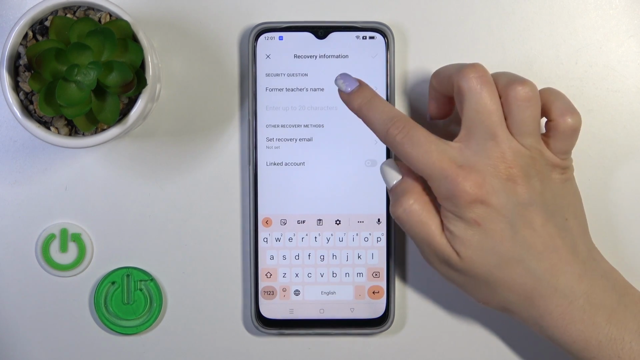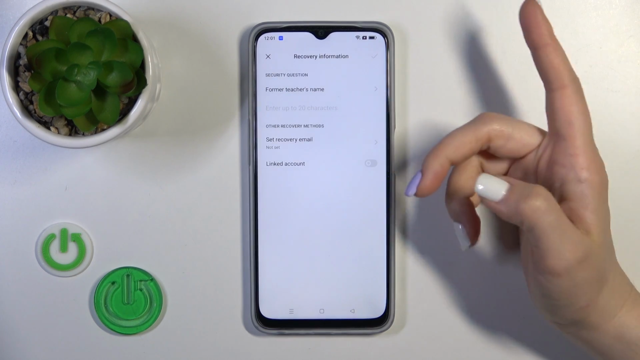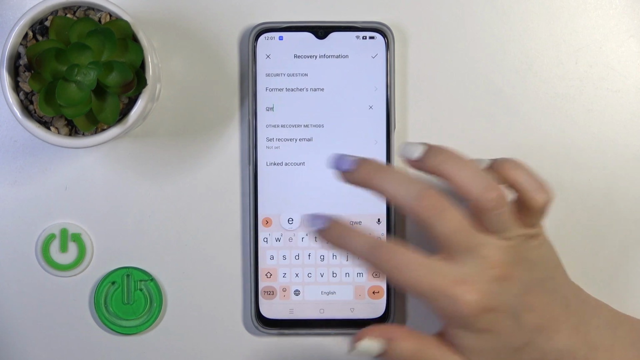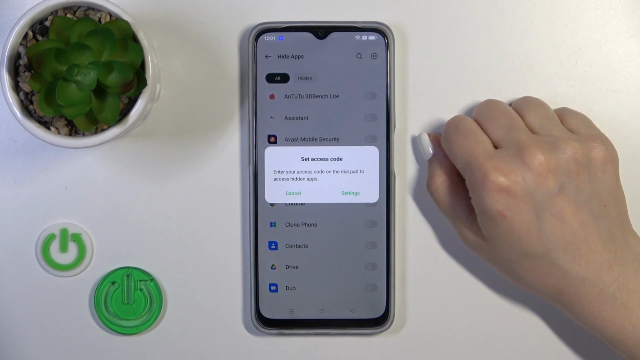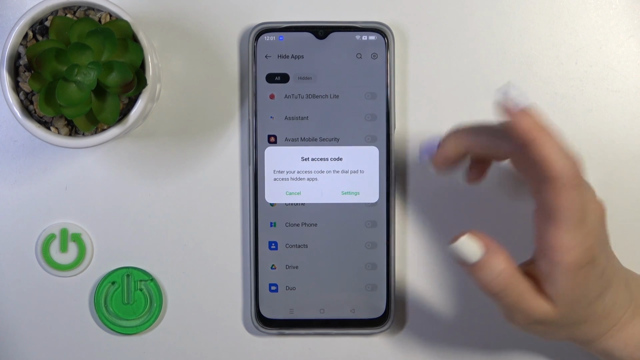So now we should add the security question answer. You could change it if you want. You could use your custom question. So for example, let's answer, tap to OK in the right upper corner, and now we should set the access